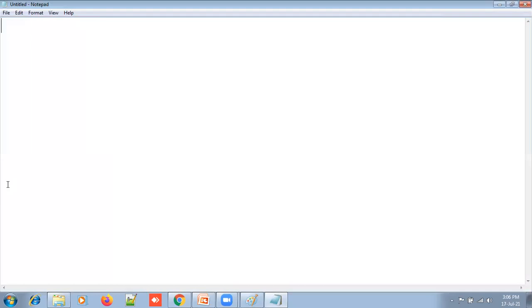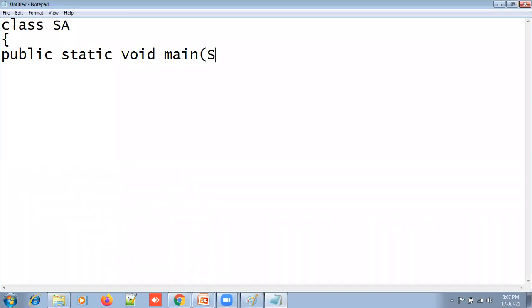Here I can write my first Java program. The program contains a class followed by the class name. Now I go with my method, public static void main, in which I pass the String arguments.